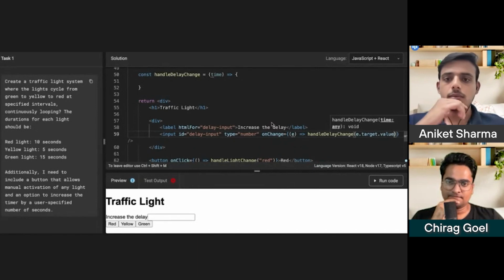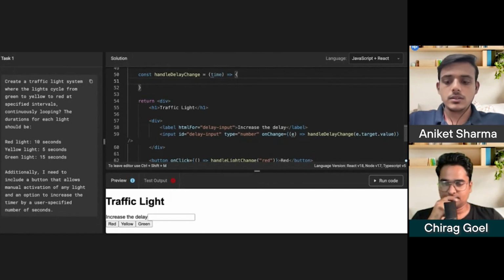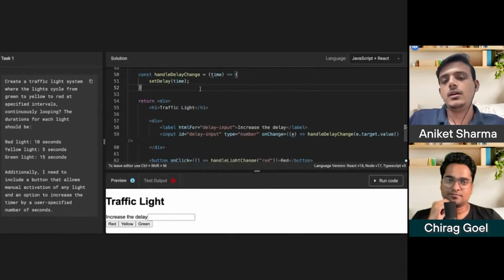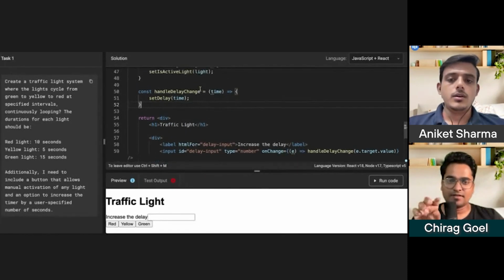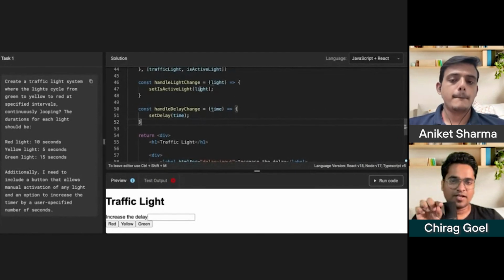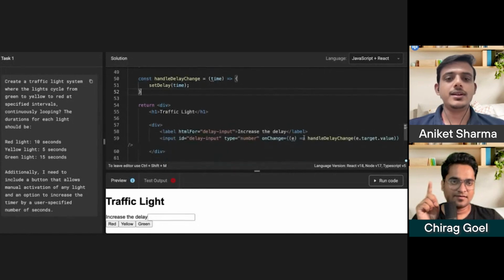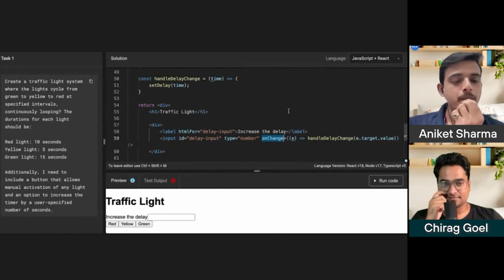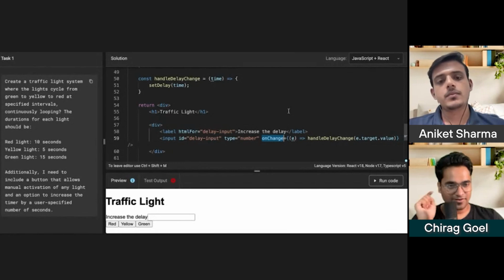Whatever the user is typing, it will consider that and set the delay, which is the time the user is providing. Suppose I am typing 1, 2, 3. First it will change by 1, then by 12, and then by 123, as we are doing with an on change. Correct. And do you want that?